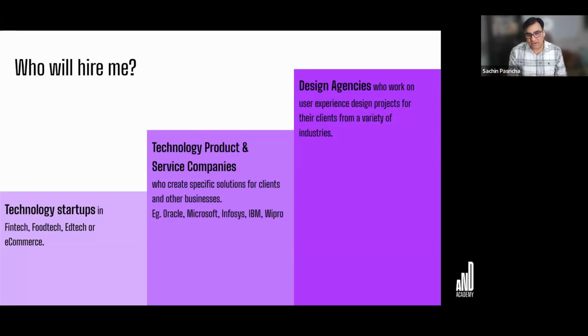Then, of course, there are design agencies who would like to hire people like you, working with companies from startups to full-fledged multinationals, to develop smaller pieces of their work, ranging from maybe 10 screens to 1,000 screens. Next page, please.